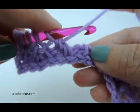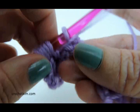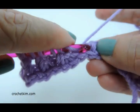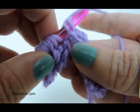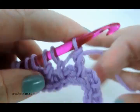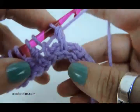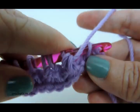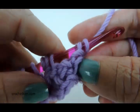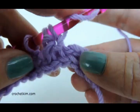Now do a purl, and double under 2, pull through 2 to complete the double crochet. Now we will work a purl. This will be the last repeat, and a double under 2,